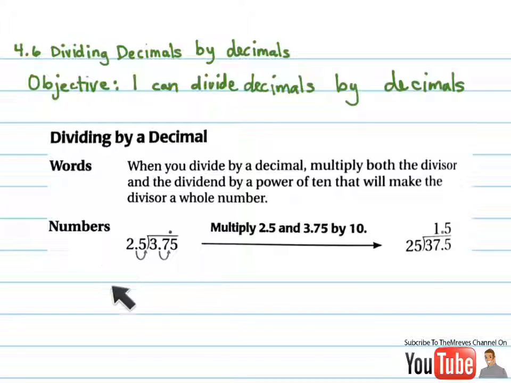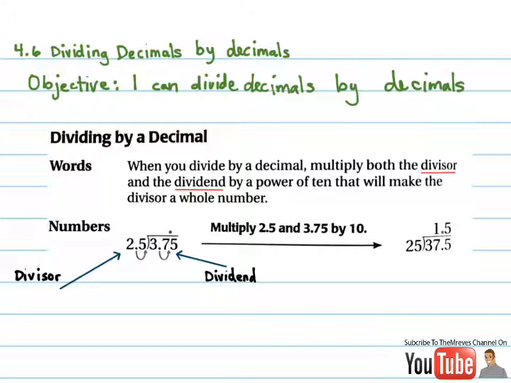So I'm going to go to this example right here, and we're going to talk about which one's the divisor and which one's the dividend. Now remember that the divisor and dividend are key parts of the division process. The divisor is the number that we're dividing by. The dividend is the number that is being divided. So in this case, the divisor is on the outside and the dividend is on the inside. So then we ask ourselves,